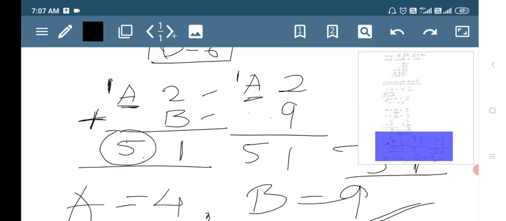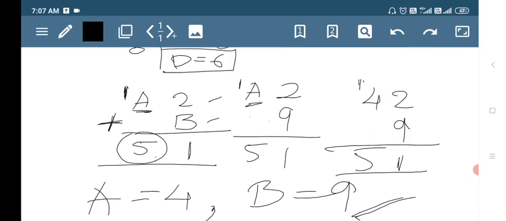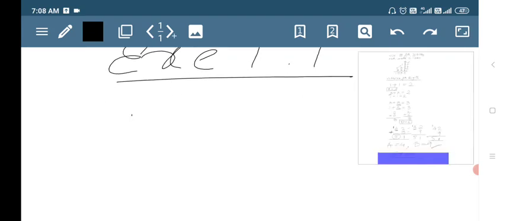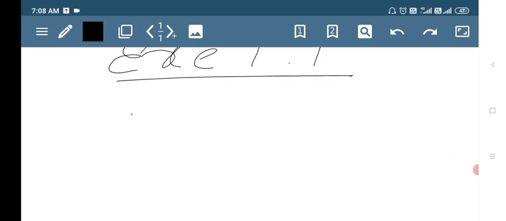So, after solving this, let us go for exercise 1.1. The question is, find the values of letters in each of the following and give reasons for the steps involved. So, the first question here is